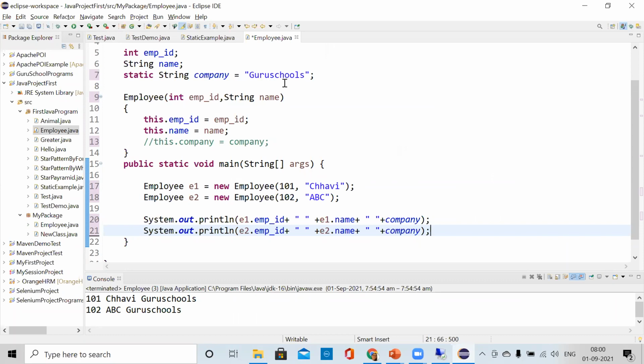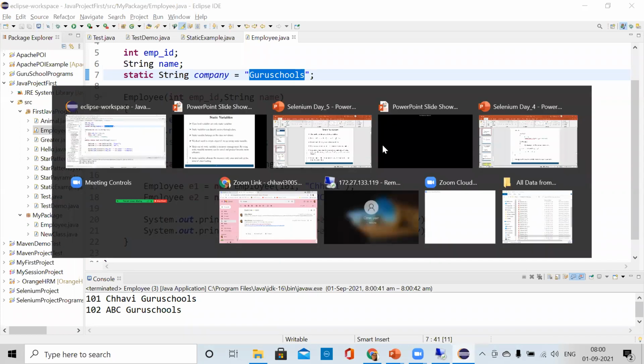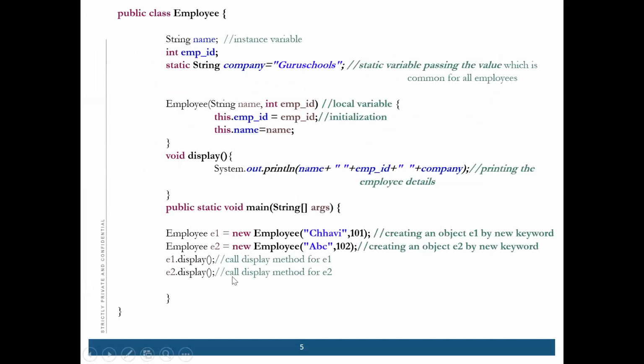Instead, we just declare it static, and then we can call it. Is that clear to everyone? If I execute this, it will give you the same output, but reduced so much of our work. Is this point clear to everyone?